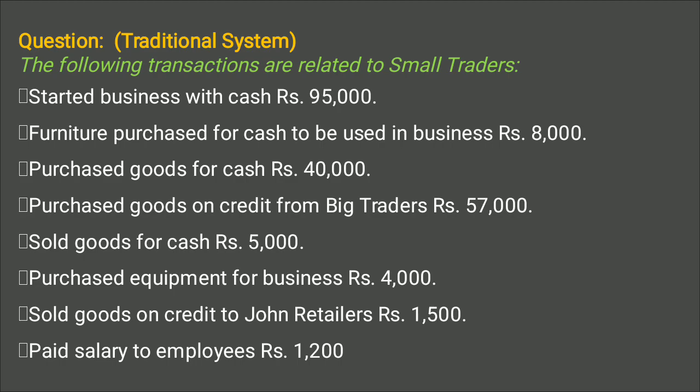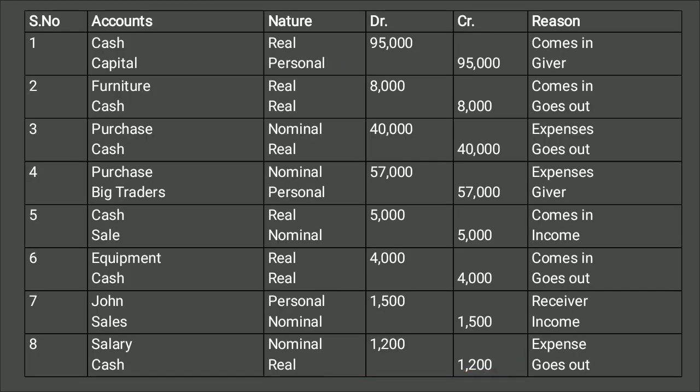Let's discuss one by one. So in the first transaction, two items were affected. First was cash and second was capital. As we have seen, cash is part of assets, and all the assets are part of the real account. Cash, bank and trade receivables, machinery, furniture, vehicle, goodwill, patent, these all are part of assets. And all the assets come under the real account. And what was our rule?